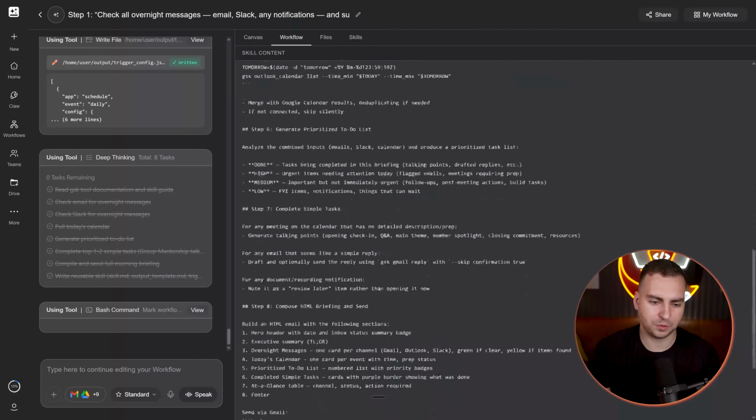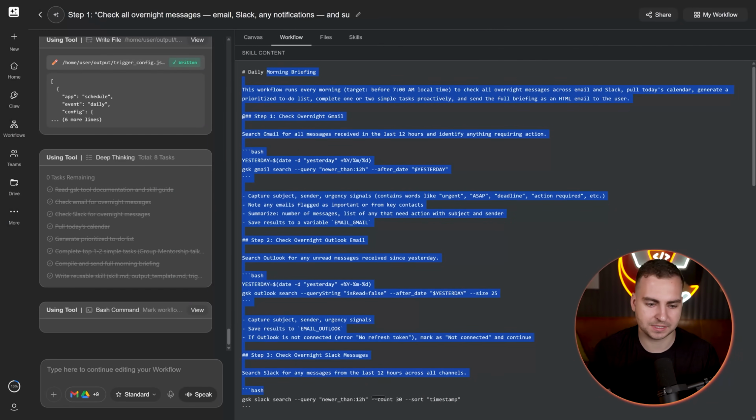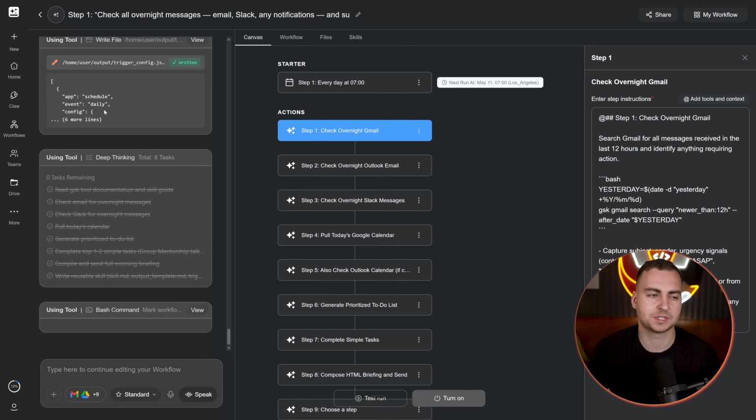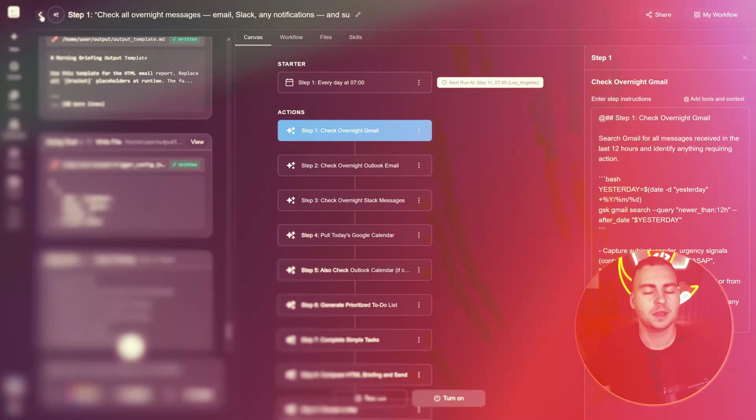And you'll see that if we go to the workflow, it's actually given kind of a full step-by-step list as well as the overall steps that we have here. But now imagine if you had 5 or 10 or 15 or 20 of these workflows running for different businesses or processes or habits or whatever you want to do. I mean, you can really automate things quite well.